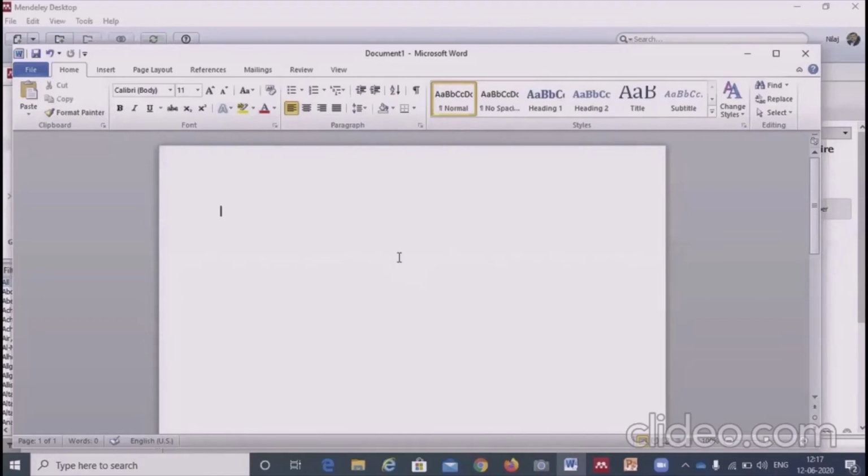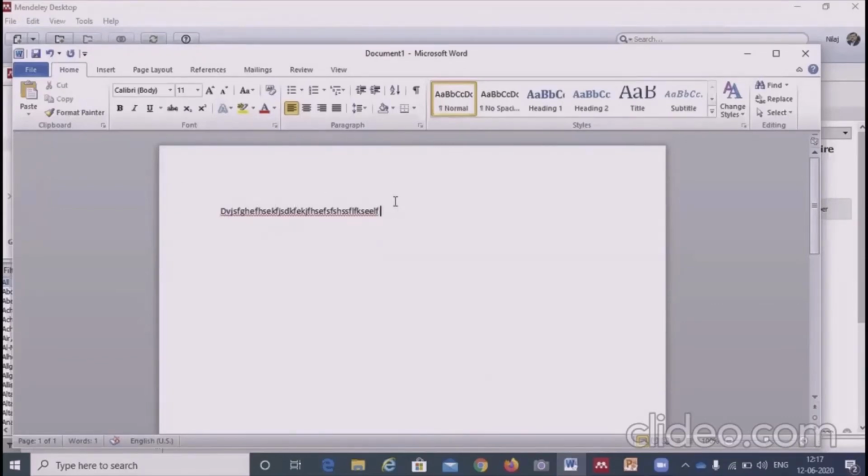All of you can see the Word document? Yes, sir. Okay. Let's say I have started writing my introduction part. Let's say I am writing one sentence. This is a sentence from one of the journals, and I need to give the citations here. I have already written this sentence. Now I need to add the citations.